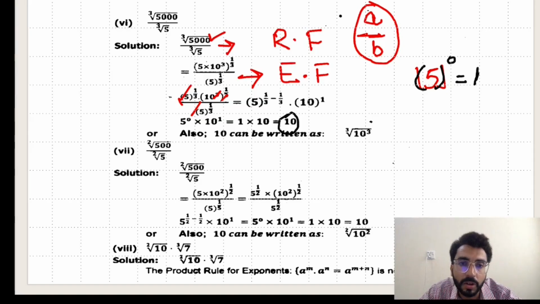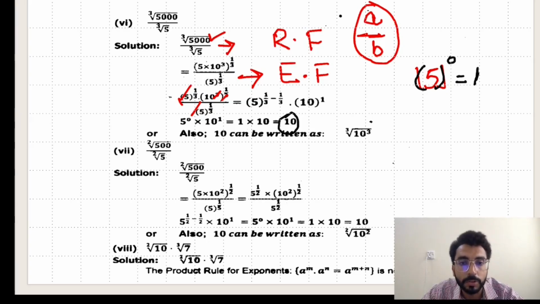The difference is only here, यहाँ पर 5000 given है और यहाँ पर 500 given है, ठीक है, और वहाँ पर क्यूब रूट है, यहाँ पर स्क्वायर रूट है. तो all the question is the same like above in question number 6. Now move to the last part of this question, part number 8. Let's look first at the indices.